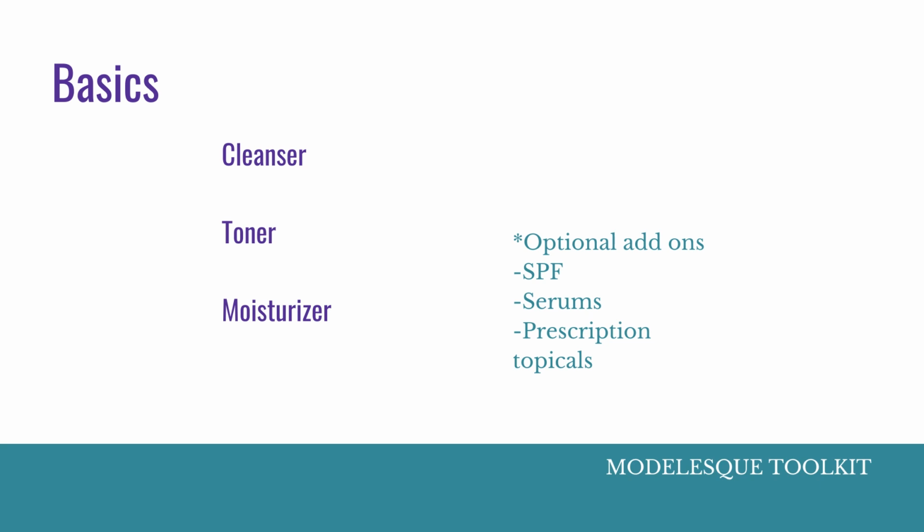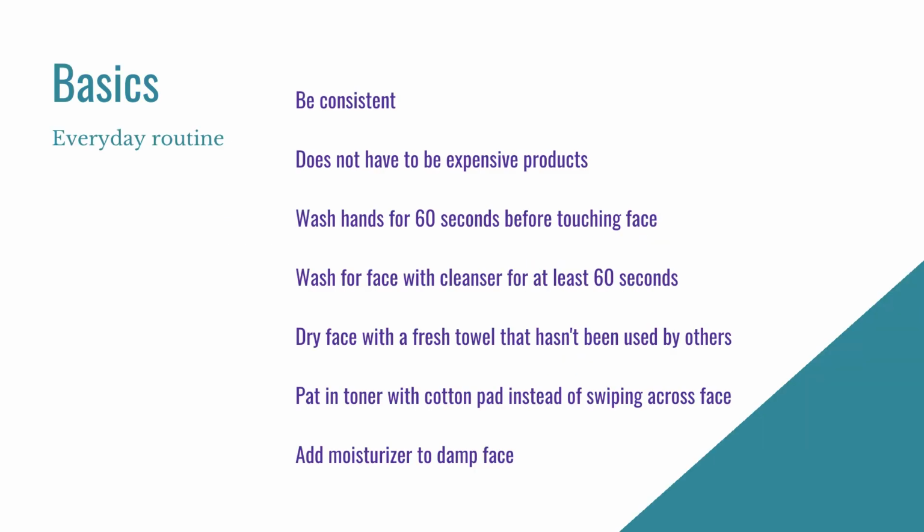Things you can add on are SPF, serums, and prescription topicals based on your wants and needs. Be consistent with this. Washing your face as much as you can, 7 days a week in the morning and 7 days a week at night, is really going to help to make sure that you have clear skin